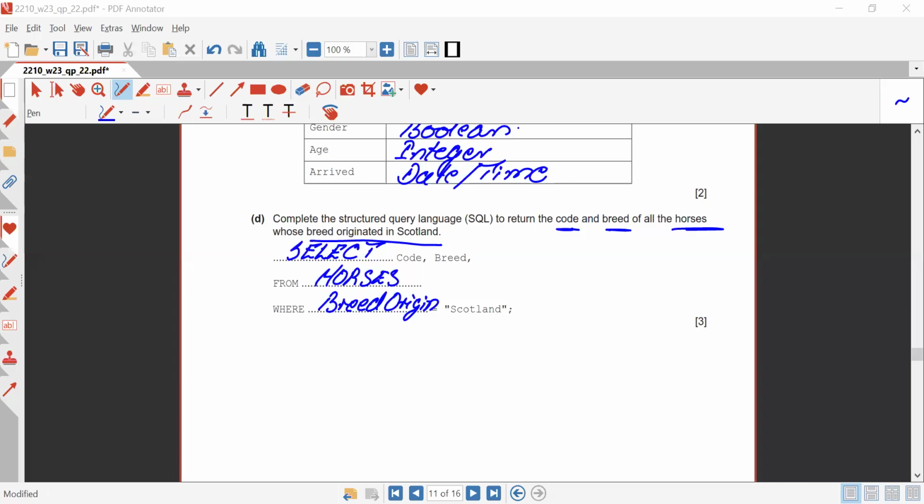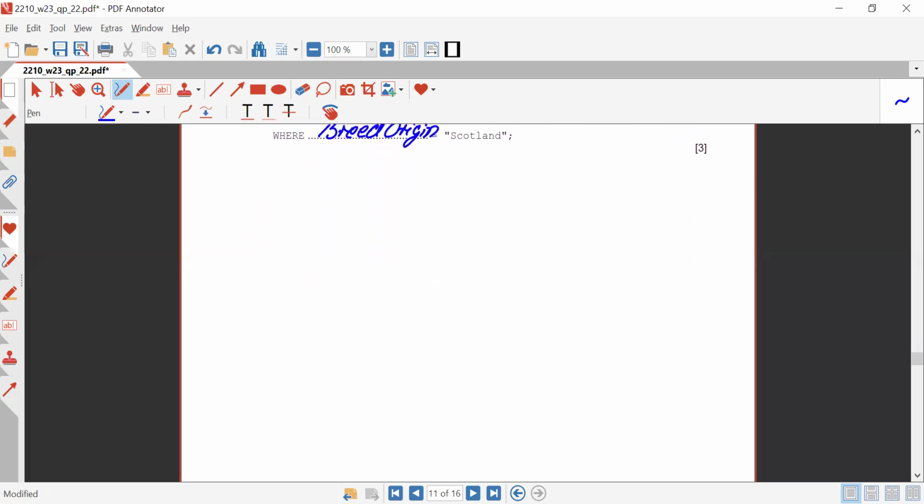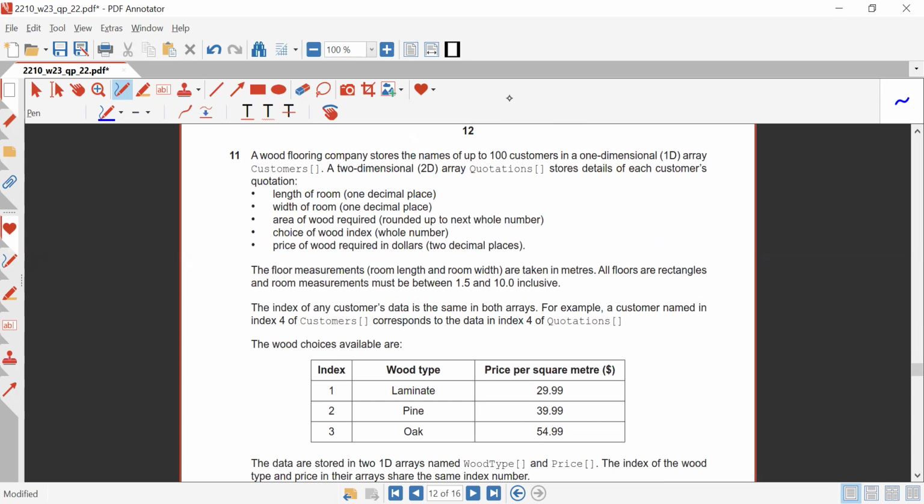Okay, so here we are with the next session of the similar past paper, that was 221022, October November 2023. Now we do have the most difficult question according to the students, that is a scenario based question. Here we are provided with a scenario at question number 11, the most weighted question